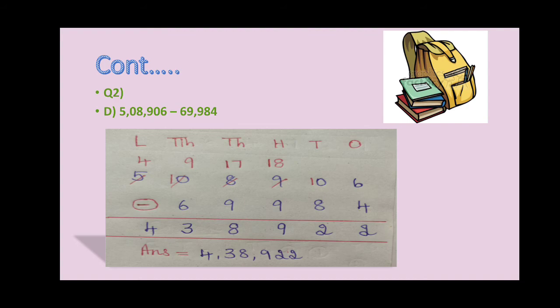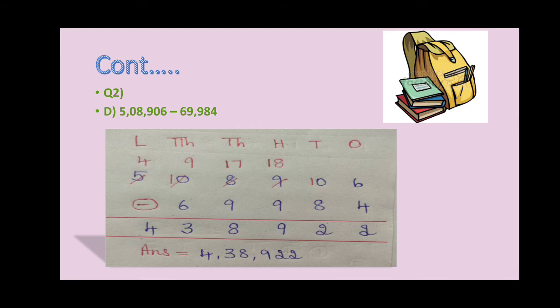17. So in thousands place already you have 7. From 7 again you cannot subtract 9. So what do we do? From thousands place you have to borrow 1. But in thousands place first you have 0 only. In that case what we have to do? Move to the lakhs place. In lakhs place you have 5. So from 5 you have to borrow 1. So 5 becomes 4, and then when you borrow 1 to 10,000s place, 0 becomes 10.